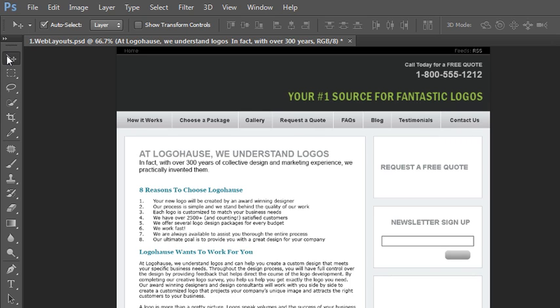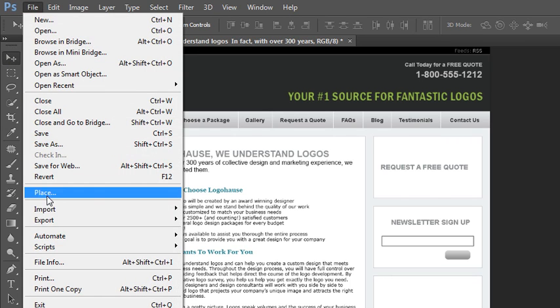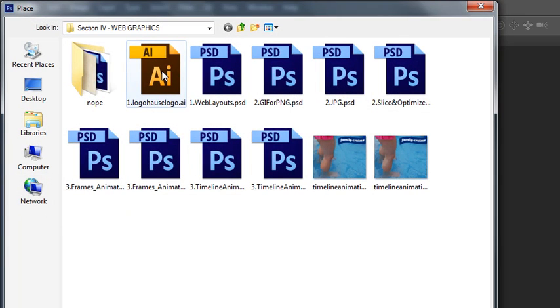To place an image from another file like Illustrator, it will come in as a smart object, which means that it will retain all of its editable vector qualities, so you could scale it up and down without any loss of resolution, which is different from a regular image. If you brought it in and you scaled it down and then tried to scale it back up again, it would look terrible. So bring it in by choosing File, Place,